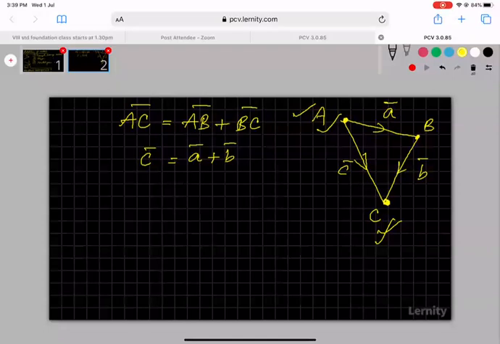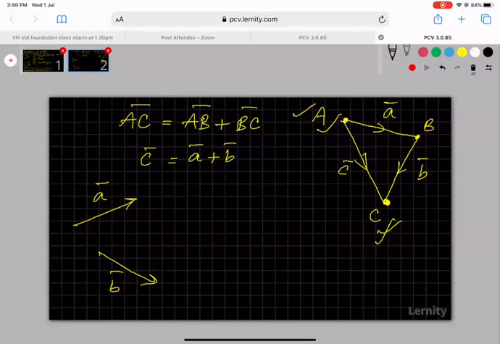Triangle law of vector addition says that whatever vectors you need to add, say for example, A bar and B bar, you can only add two vectors at a time. Using triangle law of vector addition, you can only add two vectors at a time. Say those two vectors are A bar and B bar, and you need to add them. What do I do? Triangle law tells you to draw these two vectors successively first.